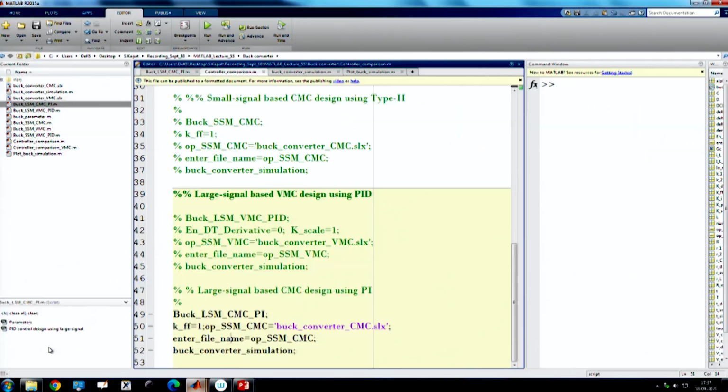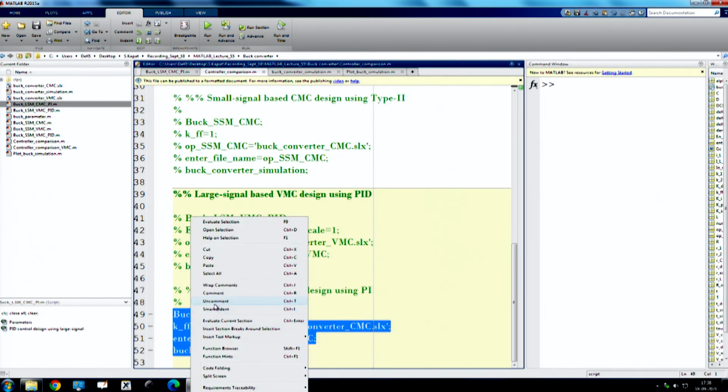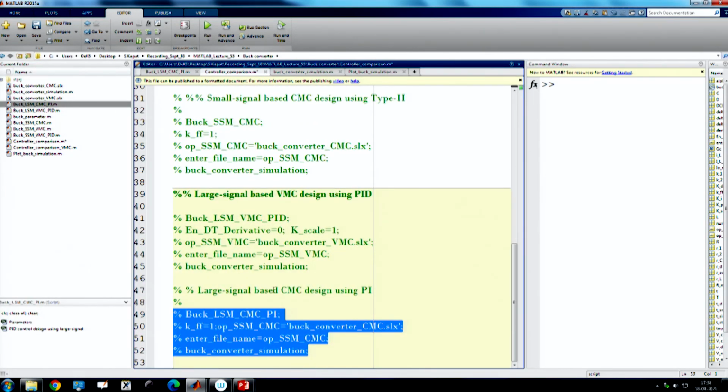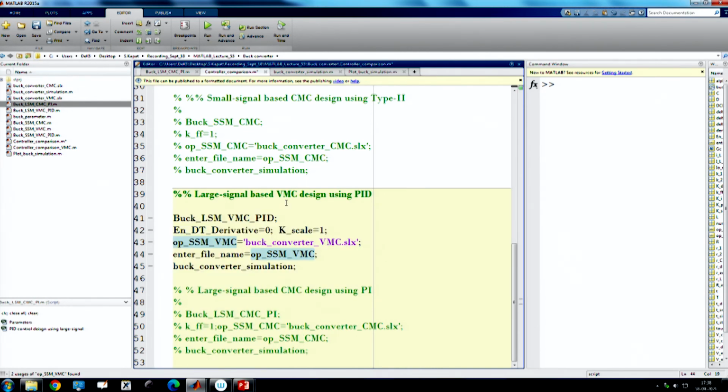Now, if we go for voltage mode control, we disable this, comment it out, and go for the voltage mode control design. Again it is a large signal design, and we will discuss this in the subsequent lecture.